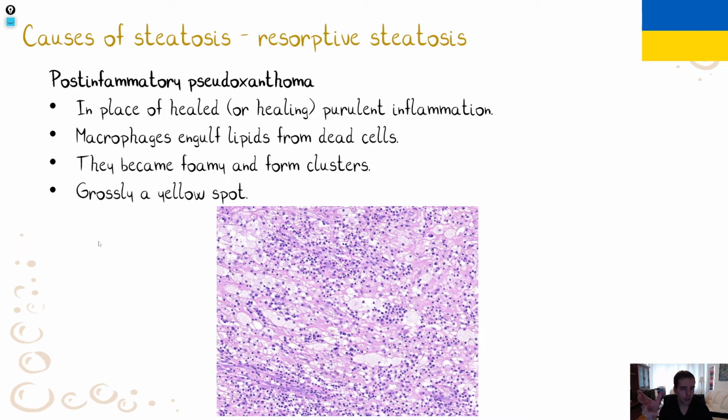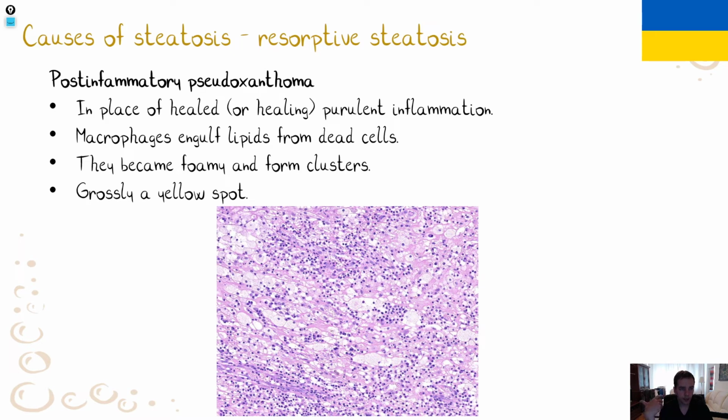An example of localized resorptive steatosis is, simply put, cleaning of the purulent focus. Because if you have a purulent focus somewhere, for example an abscess, there is a lot of fat. There is fat from the cytoplasmic membranes of the dying cells, and also the neutrophils, which are an essential component of purulent inflammation. The neutrophils usually undergo regression and they develop steatosis, and after that they will die out. So in a purulent focus there is a lot of